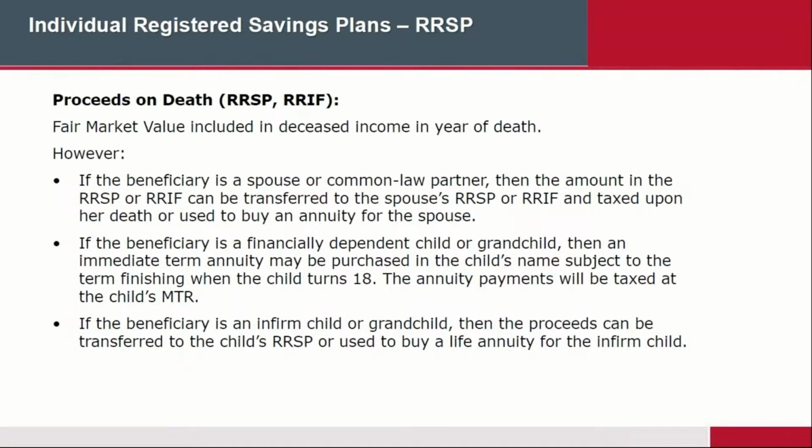So let's take a look at the individual savings plans when it comes to proceeds of death. In other words, what happens if a person has an RSP or has a RIF? Remember that a RIF is basically a continuation of the RSP. All the rights and privileges that you had in your RSP are simply extended to your RIF. So there isn't a big difference. Obviously, an RSP is a deposit account and a RIF is a payout account. But in terms of where you can invest your money and the flexibility, they're essentially the same.